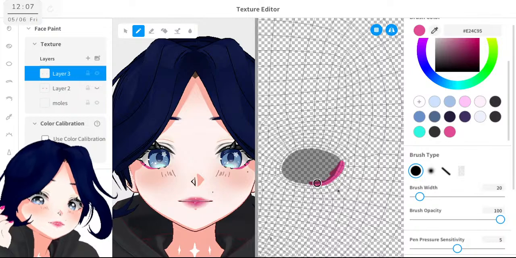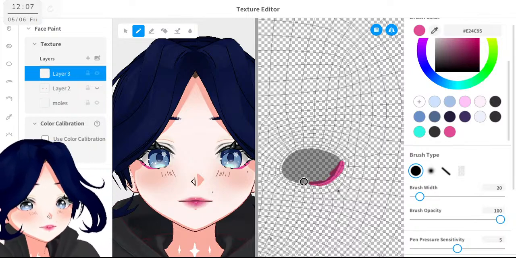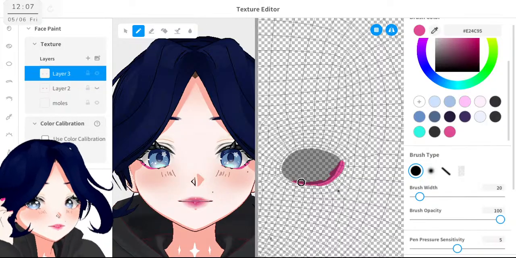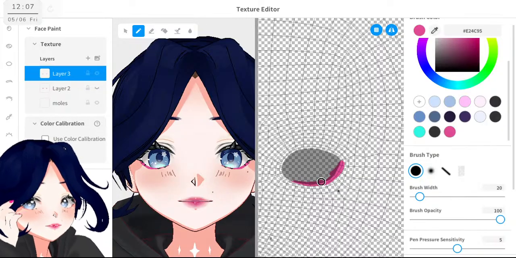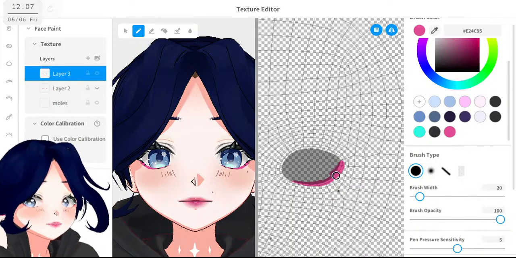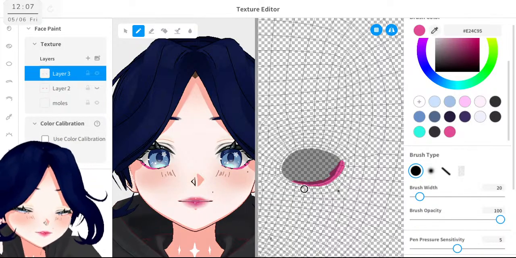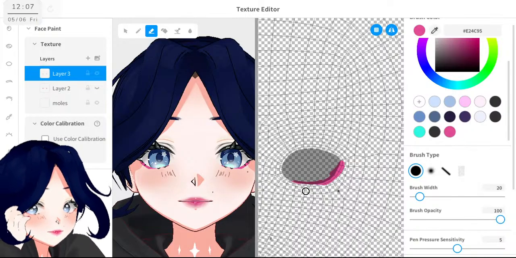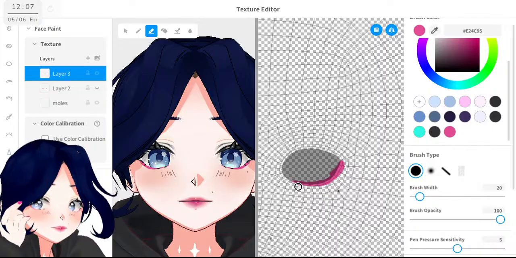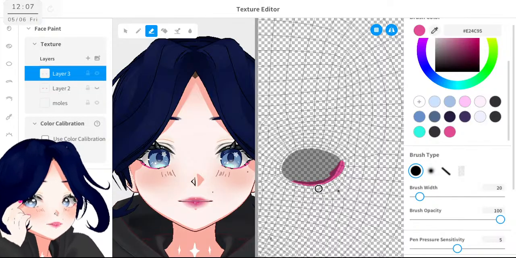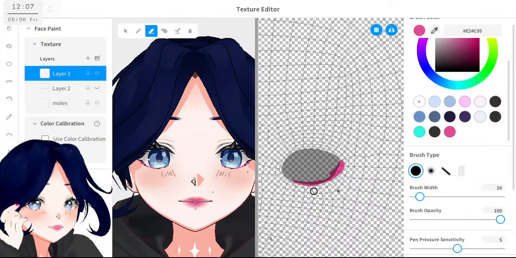I'm very focused right now. Don't want to mess up the face paint. Okay, like that. And I think here I should erase a little because it's like a little too low or too much.